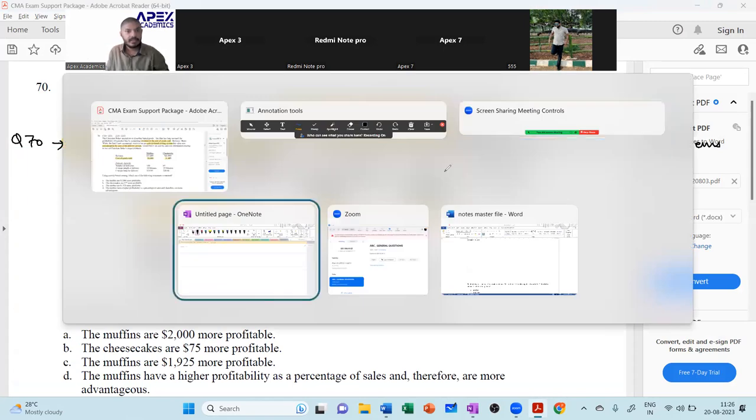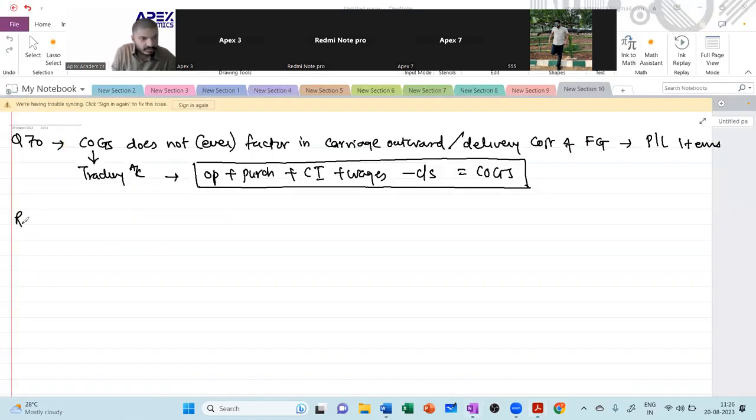See here. I have got with me revenue, which is 53. What is COGS? COGS is equal to 26. What is my gross profit? It is 27,000. This does not yet take into consideration the calculation of the delivery cost to be allocated over here. Now, for this delivery cost allocation,